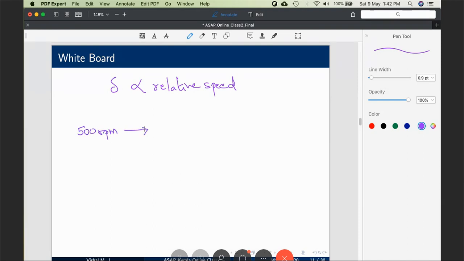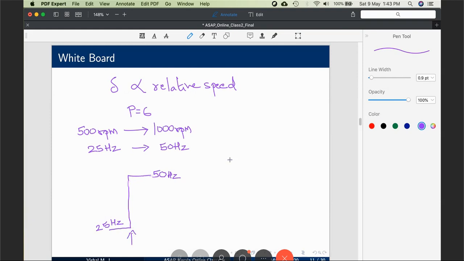Now, imagine the machine is operating at 500 RPM. I want to change it to 1000 RPM. If the number of poles is 6, the frequency is 25 Hertz. Obviously, this would be 50 Hertz. Which means, if I want to change the operation from 500 RPM to 1000 RPM, I will have to change the frequency from 25 to 50. The issue there is that if you give a step change in frequency, 25 Hertz immediately jumps to 50 Hertz, then we have some issues.